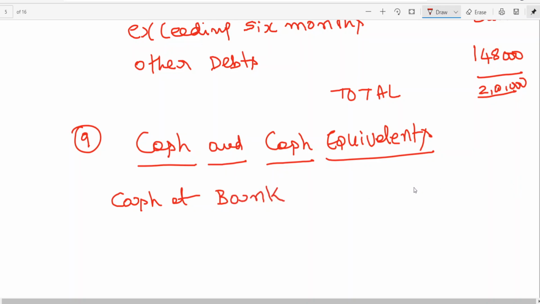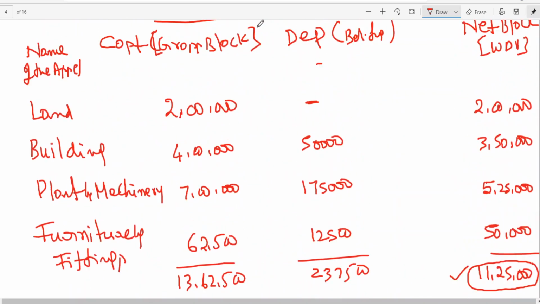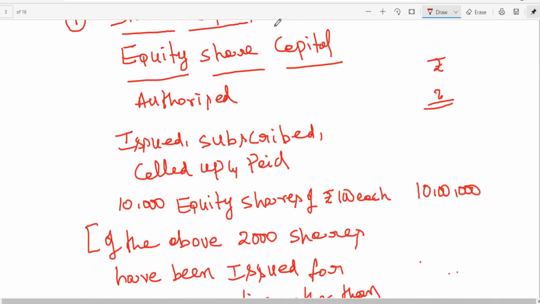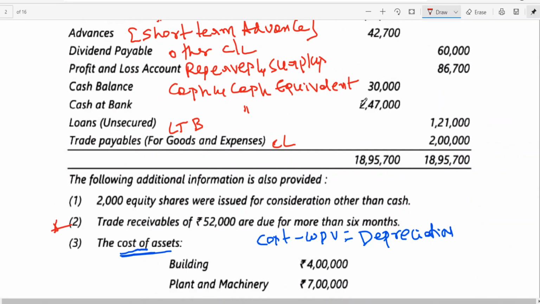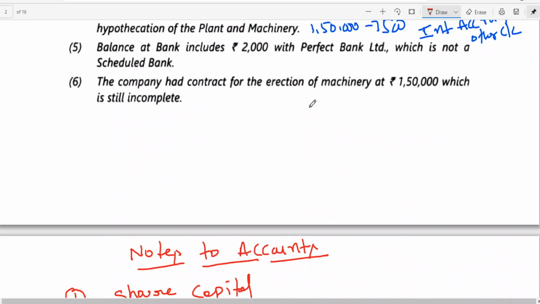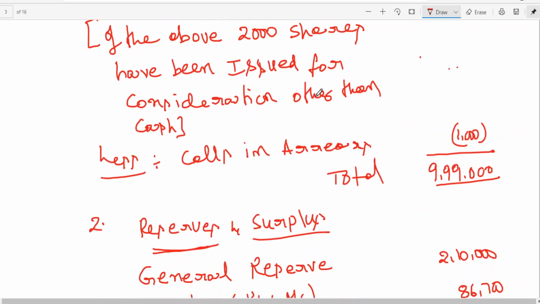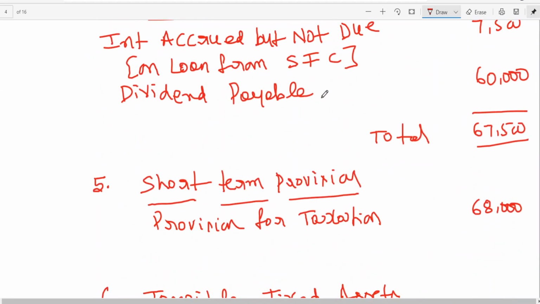Cash at bank 2,45,000. Actually we got 2,47,000, you can see this. I told you already. This 2,47,000 is having 2,000 with Perfect Bank. So what I am writing, cash at bank